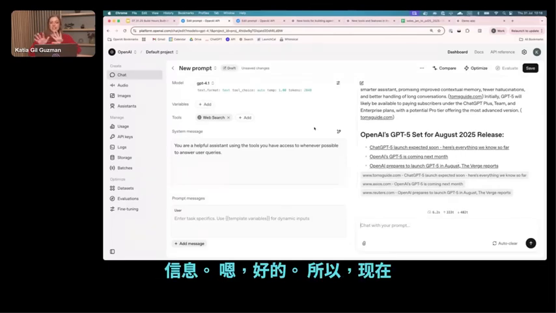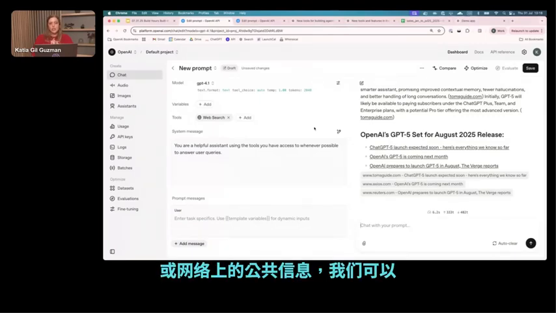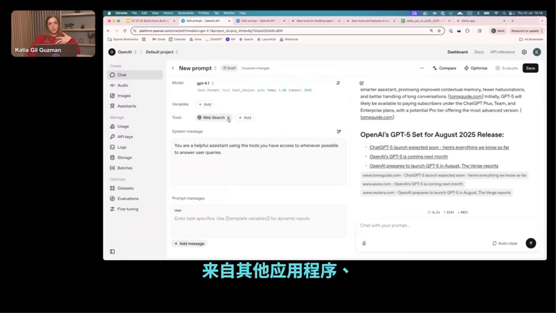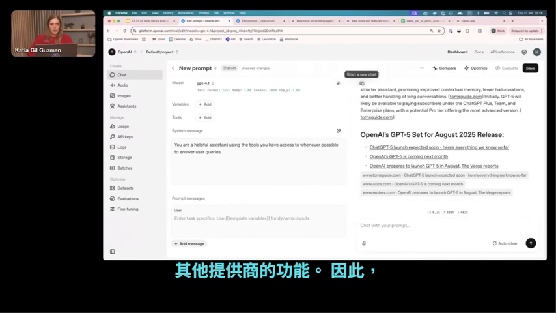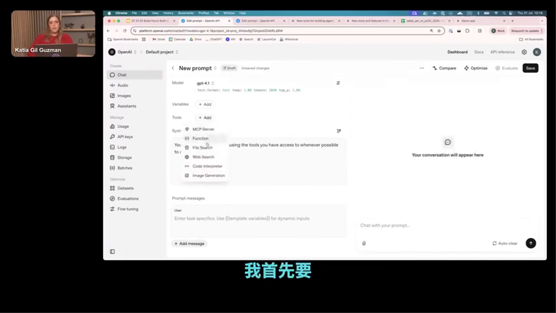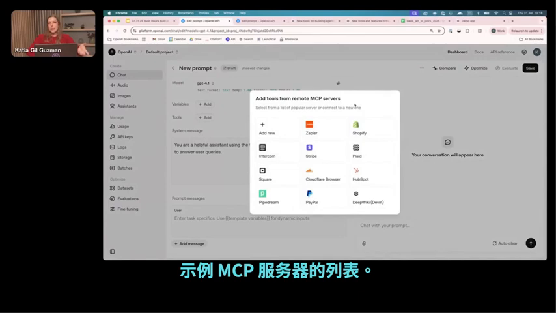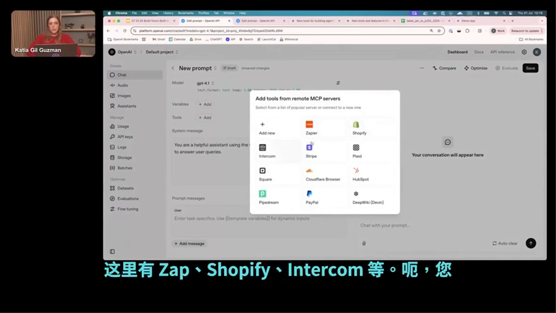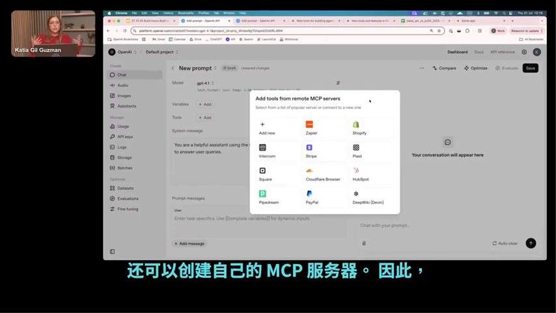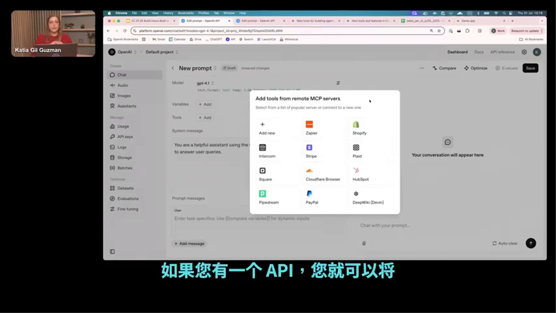Okay, so now that we've seen how the model can access either your own internal knowledge base or public information on the web, we're going to see how it can access functions from other applications, other providers with the MCP tool. So I'm going to first start by adding an MCP server for Shopify. This is a list of example MCP servers. You have Zapier, Shopify, Intercom, etc. You can also create your own MCP server. So if you have an API, you can just